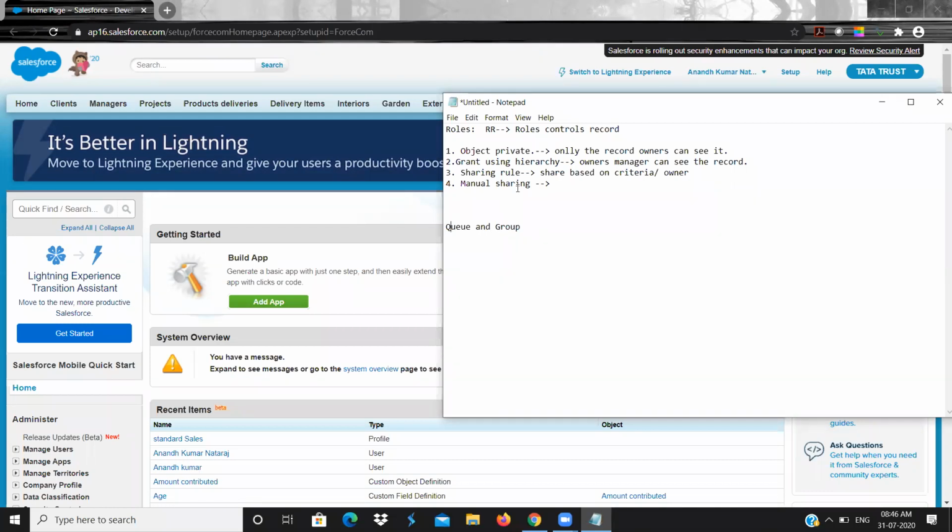A queue will have members or users. You add, say, 5 to 10 users and give the queue a name. Similarly, a group also has members or users. But there is a primary difference between a queue and a group.